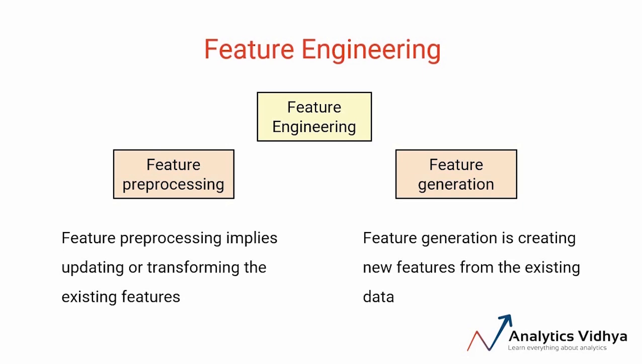But then how is feature preprocessing different from feature generation? Well, feature generation refers to creating new features from the existing data and not simply transforming the values of existing features. For example, in the Titanic dataset that we saw, we've created family size and extracted title from the name. These are examples of feature generation. Let's look at each of these categories in more detail, specific to numerical and categorical variables.